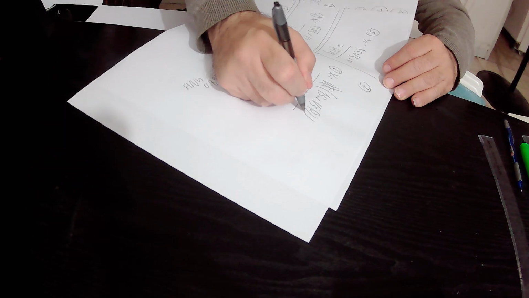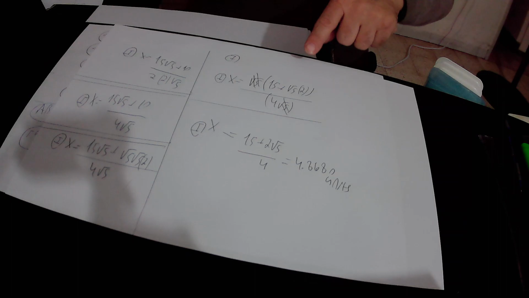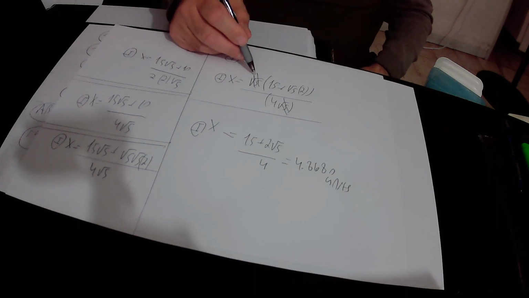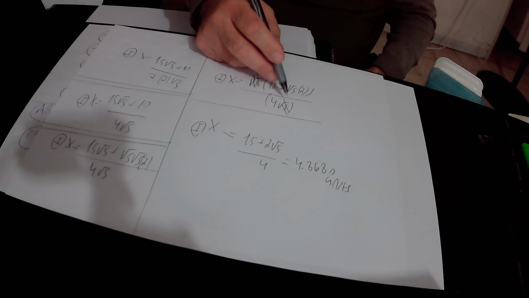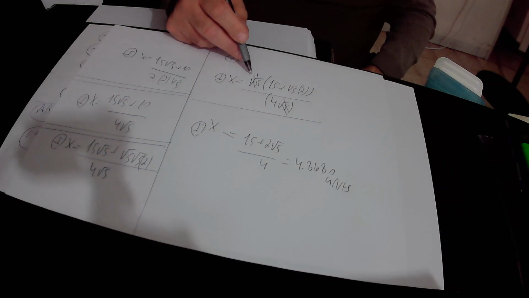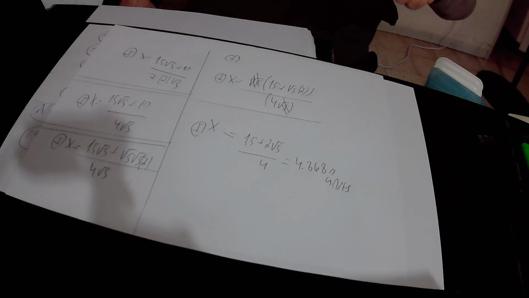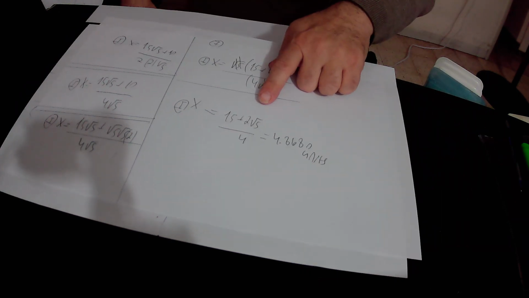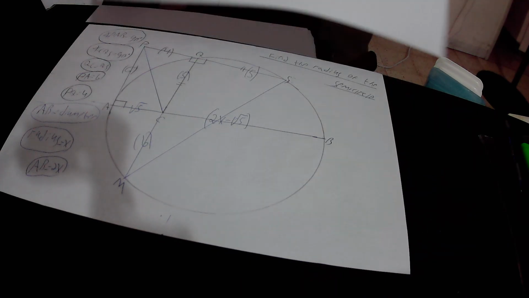All divided by 4 times square root of 5. So here we have square root of 5 in the numerator and square root of 5 in the denominator, so square root of 5 will get cancelled. And finally we found out that x, that is the radius of this semicircle, the radius that we are looking for, x equals to either (15 plus 2 times square root of 5) over 4 units, or in terms of numbers, x, the radius of this semicircle, equals to